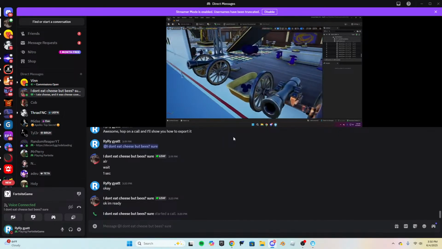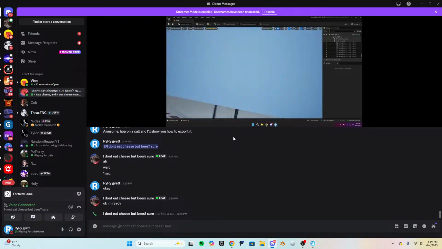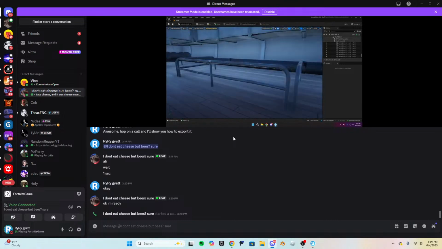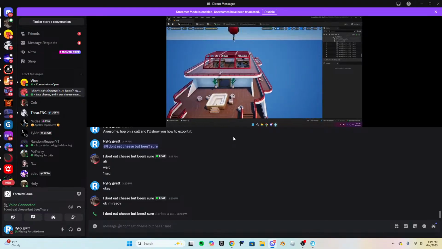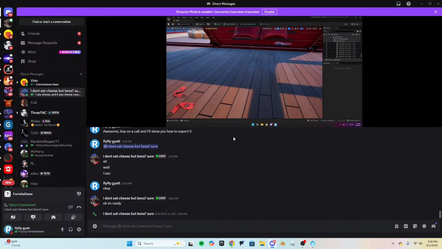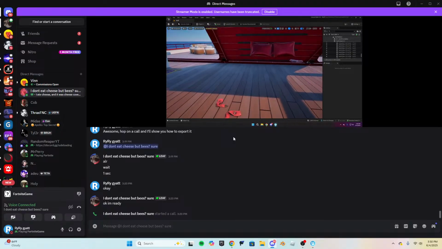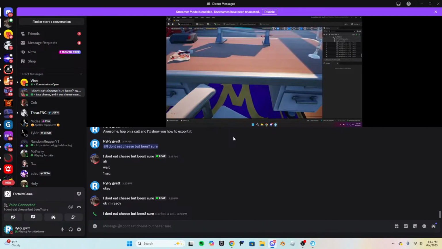I don't think it's even there. Where the bed's supposed to be, it's up at the very top of the yacht. The socks and underwear are there. So I have to fix that in the script.